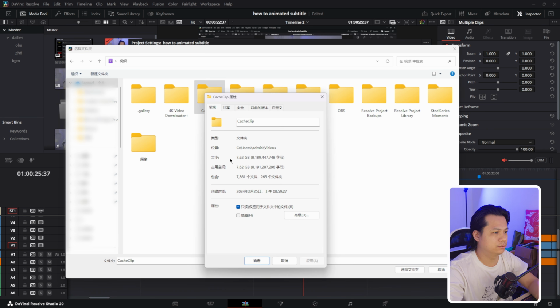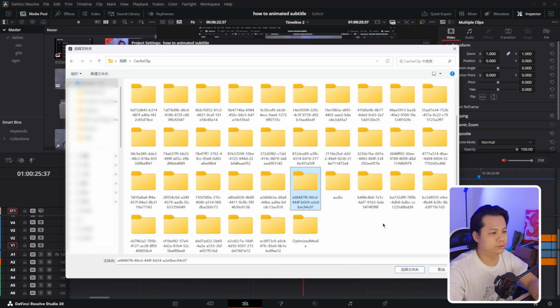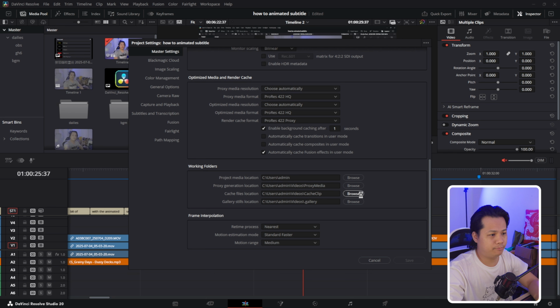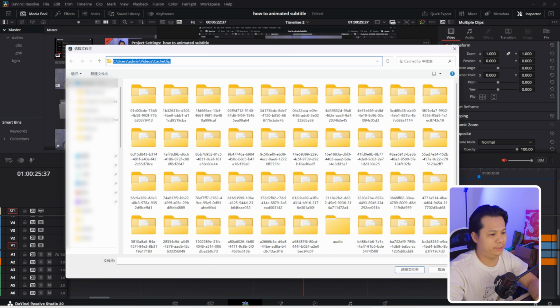Properties, oh wow, it still takes up a lot of space. Okay, right here we're at 36 gigs of cache files. If you want, you can just select all and delete them. When you hit browse, you want to copy this address and paste it